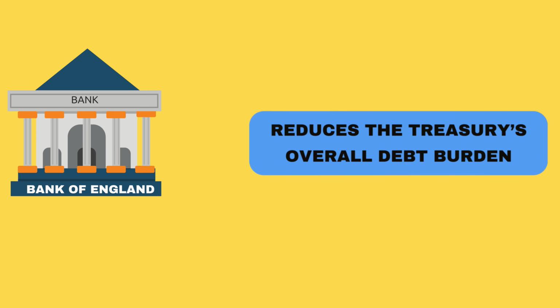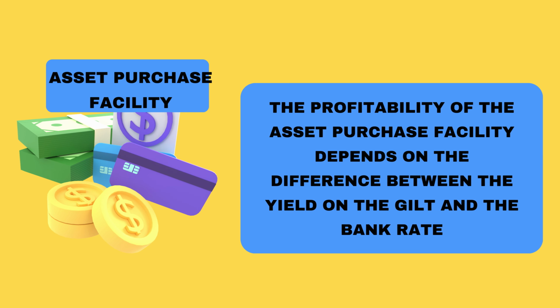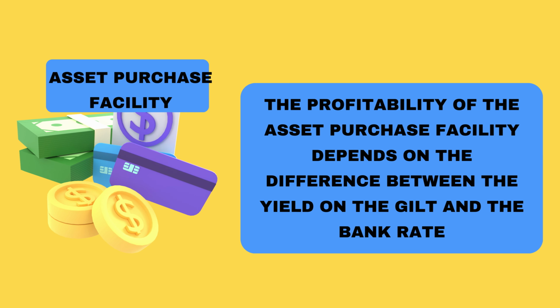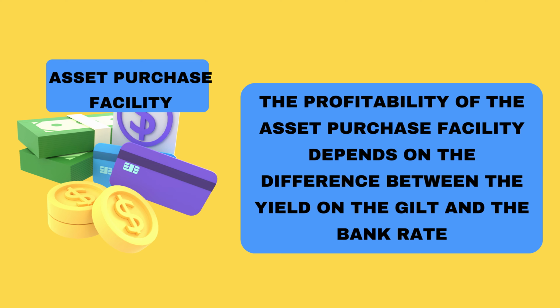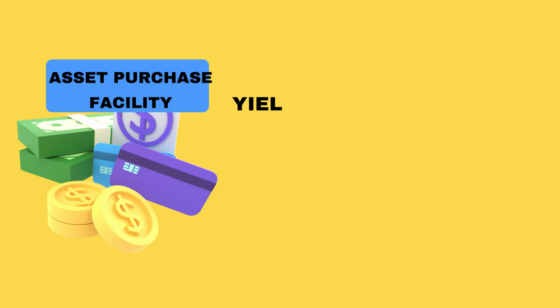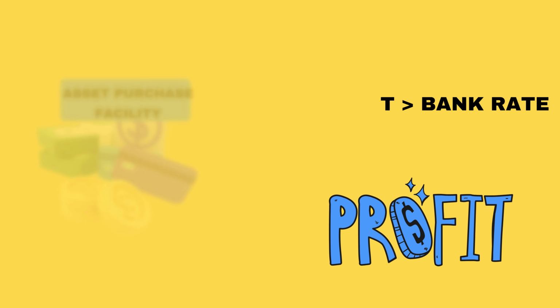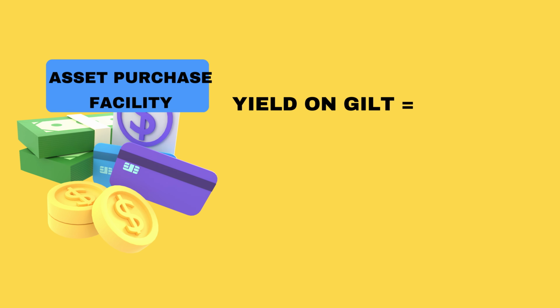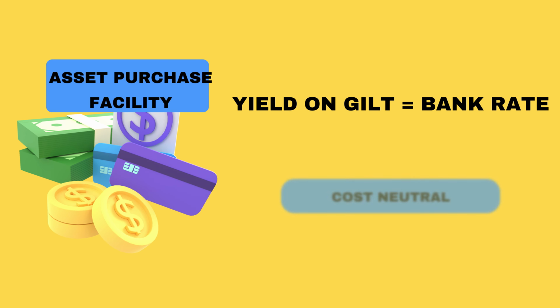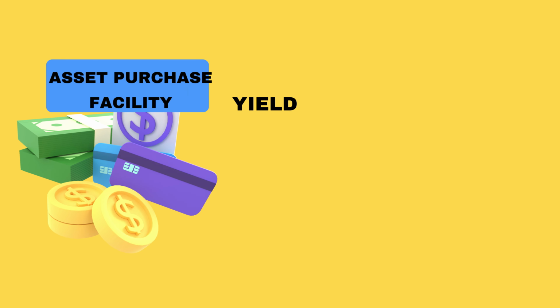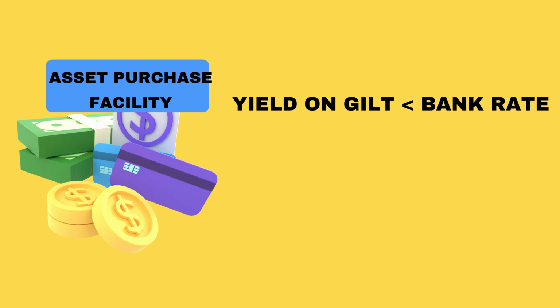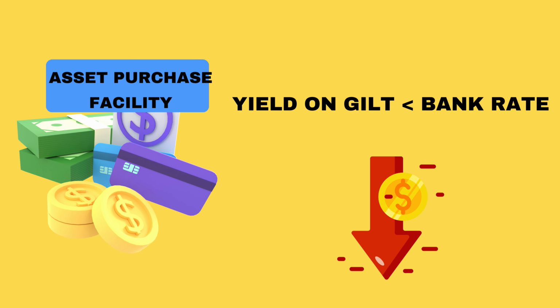This reimbursement serves to mitigate the overall net cost of government borrowing by offsetting some of the government's interest payment expenses. Therefore, the profitability of the Asset Purchase Facility, APF, hinges on the comparative rates of the gilts and the bank rate. If the gilt interest rate exceeds the bank rate, the APF realizes a profit. If the gilt interest rate aligns with the bank rate, the operation is cost neutral. If the gilt interest rate falls below the bank rate, the APF incurs a loss, which is covered by an